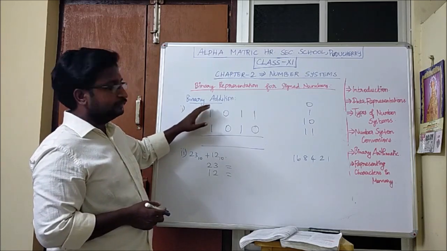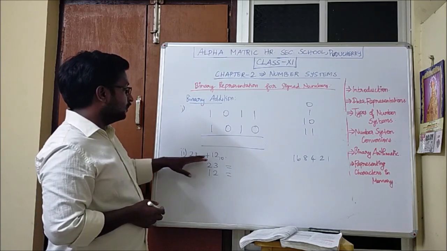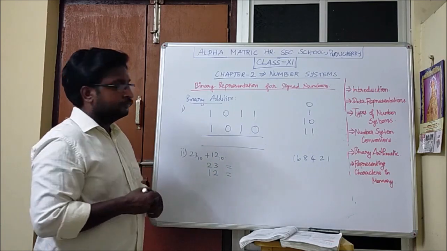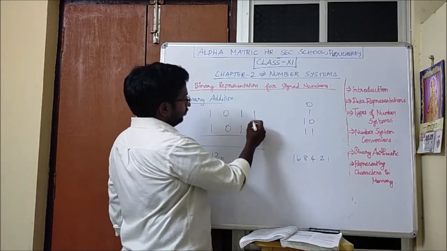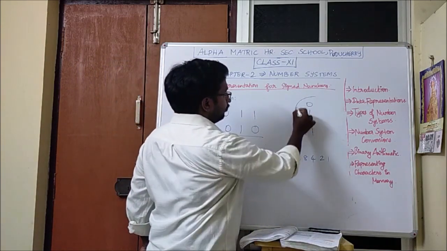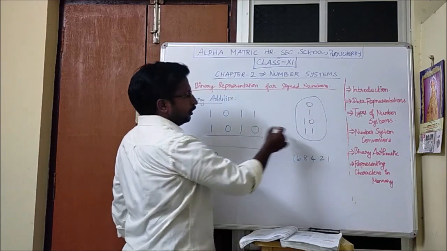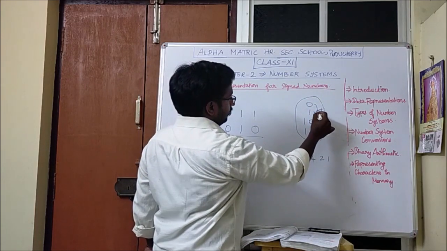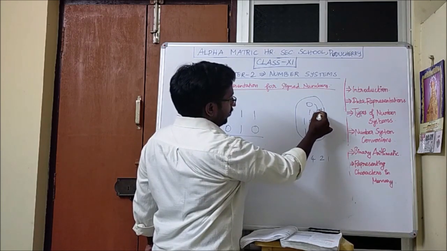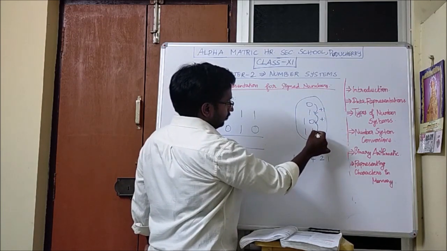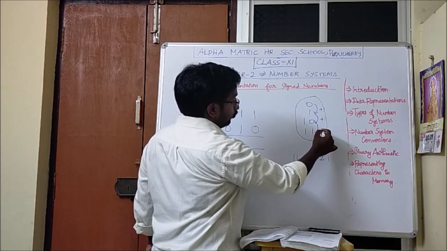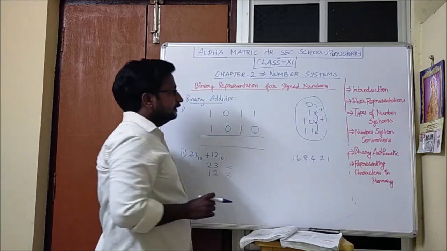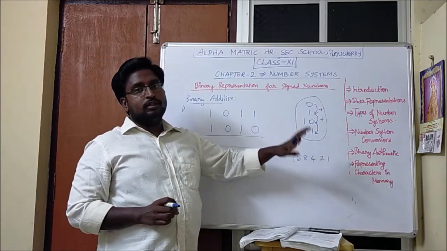Directly given the binary numbers, we are going to add, and by giving the decimal numbers, we have to convert the decimal number to binary and then add. So these are 2 types of examples. Before going to the example, you have to keep in mind these 4 numbers. 0 plus 1, that is 1. 1 plus 1 is 10. 1 plus 10 plus 1, that is 11. So these are the 4 numbers which you have to keep in mind.